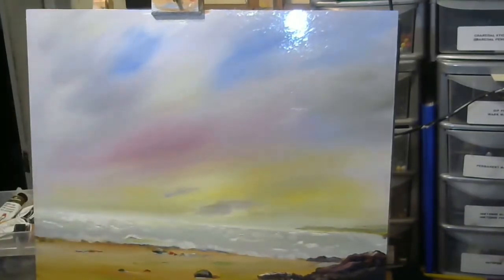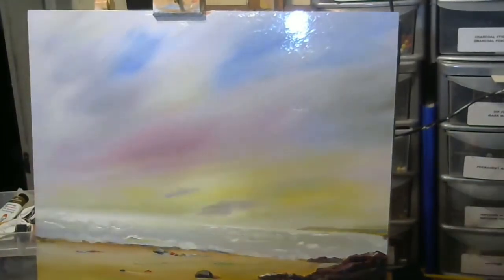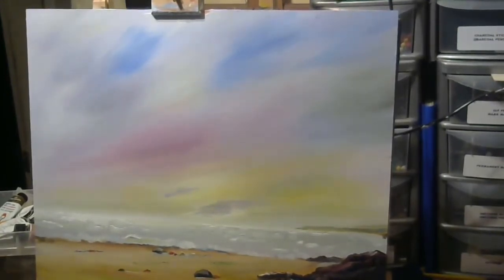There. I'm going to leave that one. Turn off some of the lights in the background so that maybe it doesn't glare so much. And that's better. Need a little bit more into that cloud, but